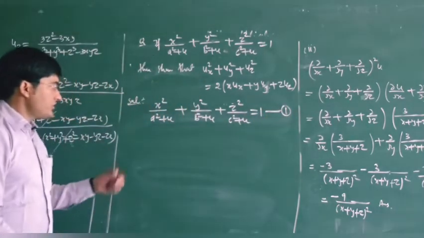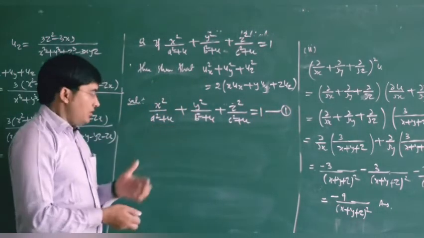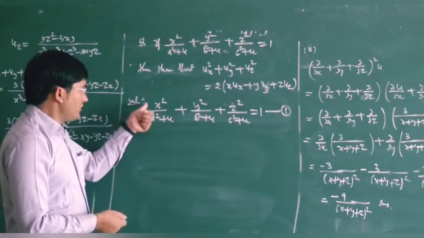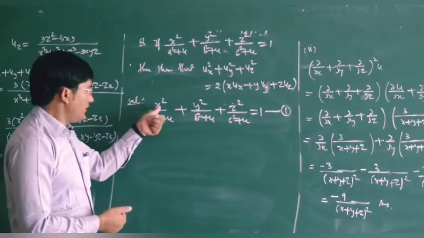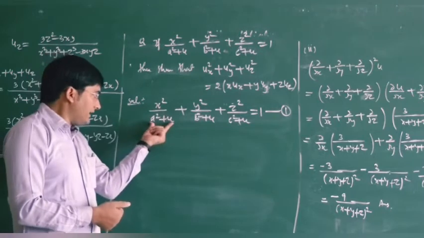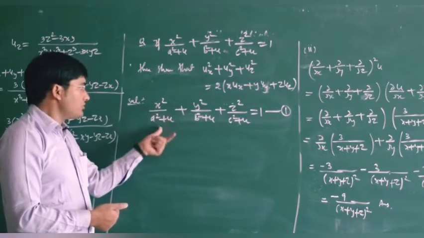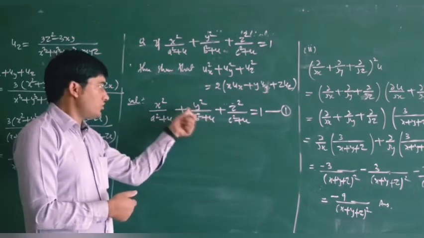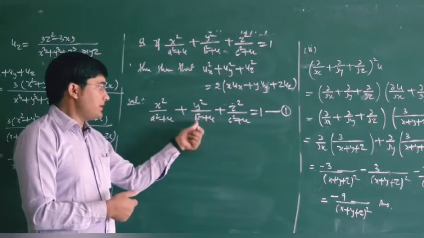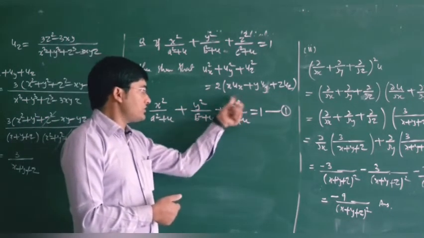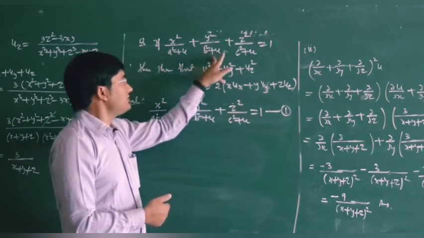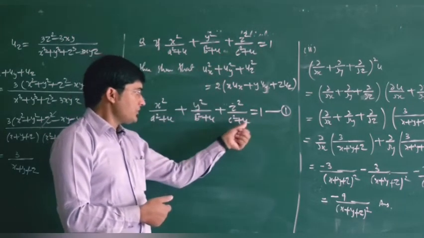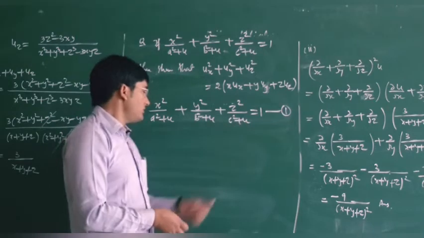Now let us differentiate this equation with respect to x. While differentiating this equation with respect to x, here this is your variable and again this is your variable. So we will use the fraction rule, and here as we are differentiating with respect to x, your y square will be constant and u depends on x. Similarly, here your z square will be constant because your x, y and z are independent to each other. So we will differentiate u with respect to x.